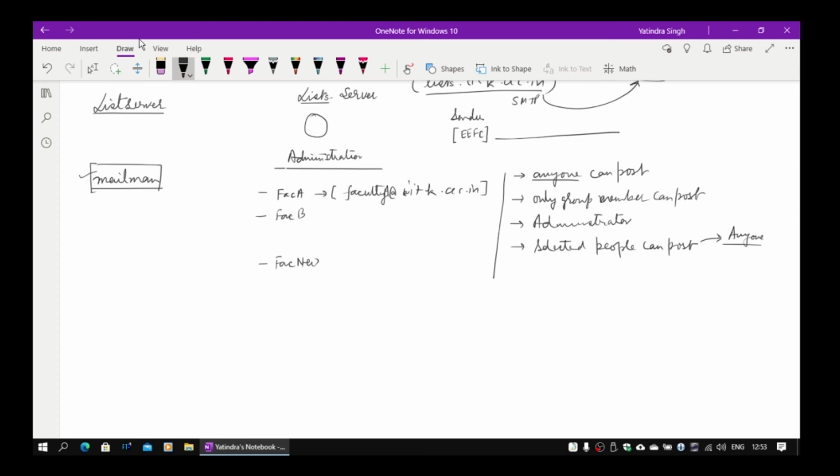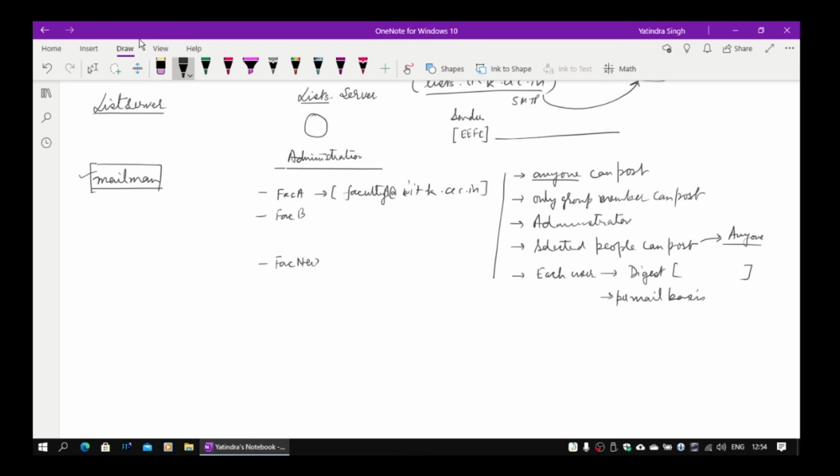Okay, for each user I can also have a setting for digest mode, which means all the mails dispatched to this particular group in a day will be combined and sent to the user as one single mail. Or it can be on a per-mail basis. So both ways it can be done. We have a lot of options of this kind which have evolved over time and been added to the system. Now we want the same thing to be done here, but I don't have a single server, that's a problem.